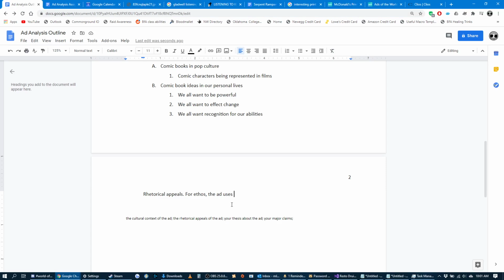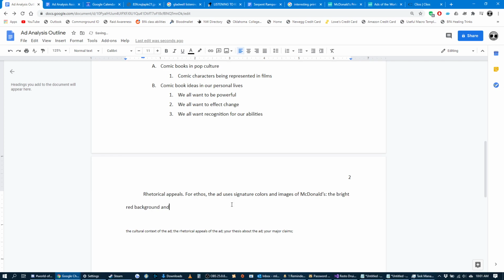But we have a couple of things going on here. The ad uses signature colors and images of McDonald's: the bright red background and golden arches. Right? These elements